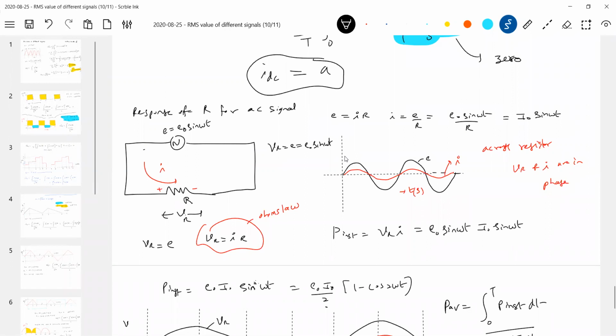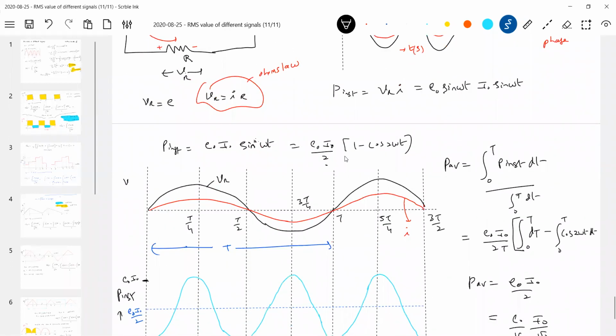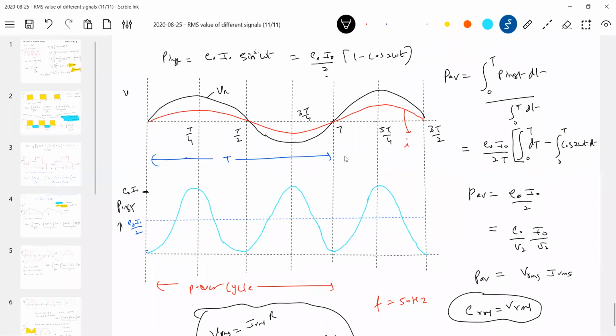Any good conceptual question they may ask you regarding the brightness of the bulb. In one cycle, twice it will attain maximum brightness. And how many times will the brightness of the bulb be 0? At t equals 0, t by 2, again t, the bulb will not be glowing. So in one cycle, you should not count extra here. It should be twice maximum, twice 0. Because the moment you switch on, t greater than 0, it will become non-zero. So in one cycle, twice 0 brightness, twice maximum brightness, and in between, the brightness will be varying.